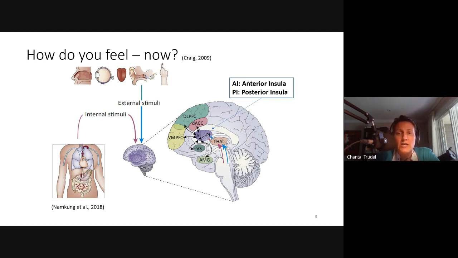You can see on the brain diagram here, the insula appears in purple towards the center. So it's been suggested that this physiological information is first received by the posterior insula, and then it maps onto the anterior insula. That's where it's integrated with emotional, cognitive, motivational signals that come from the other brain regions. You see them shown in different colors here. So an important connection of the anterior insula is the one with the amygdala. And you will see it with a yellow arrow here.